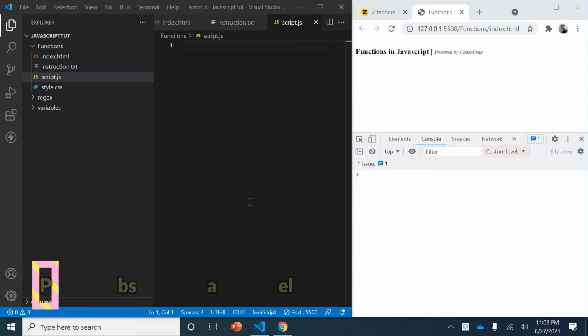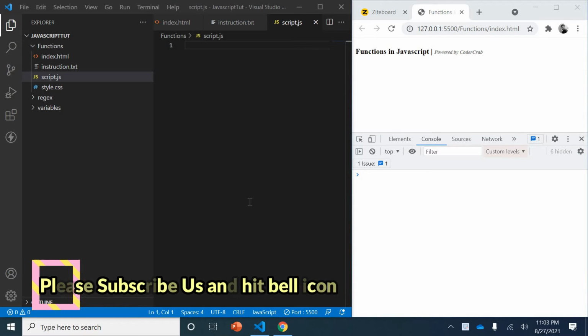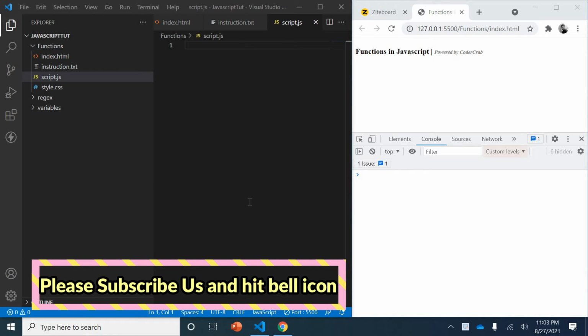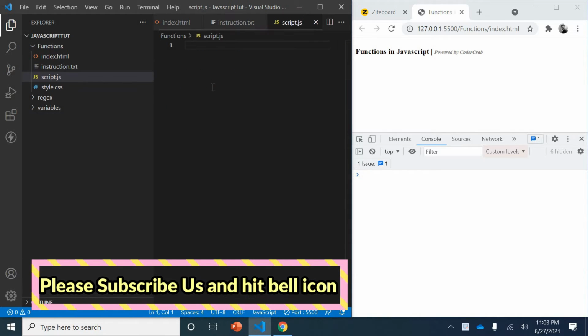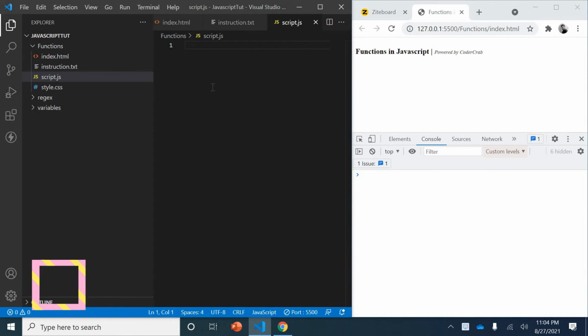So today we are going to discuss arrow functions in JavaScript. So let's get started. What I'll do first is write a simple general function, then I'll convert it to an arrow function, and I can show how many lines of code we can get rid of, and we can write a much smaller piece of code which will give the same result as a normal function gives. Okay, so let's do that.